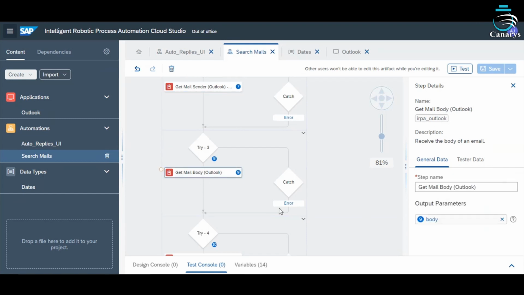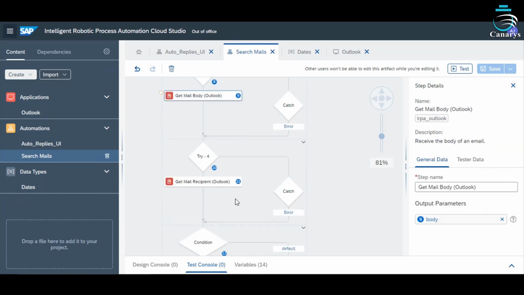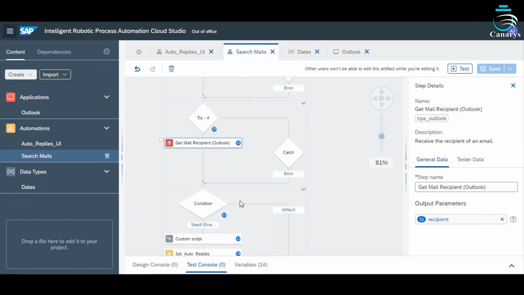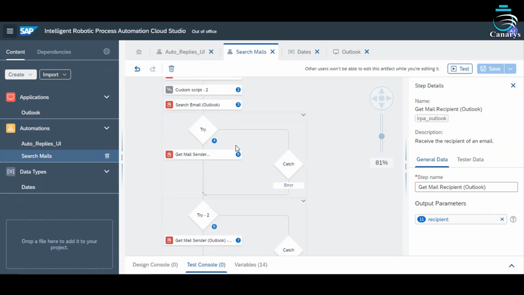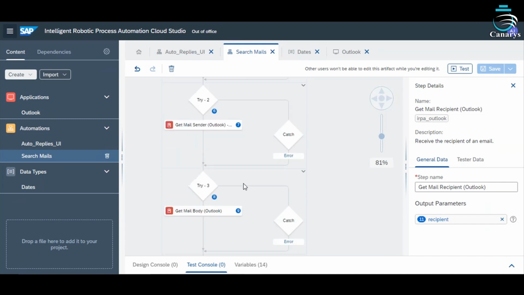Here I am getting the body of the email, and here I am getting the recipient name of the email received. It is in the try catch block, because if there are no outputs from the search email, then I will get a context error saying that there is no output for executing these steps. So it is in the try catch block.